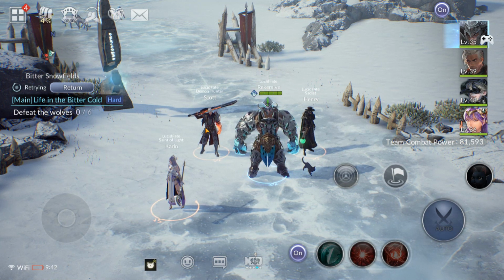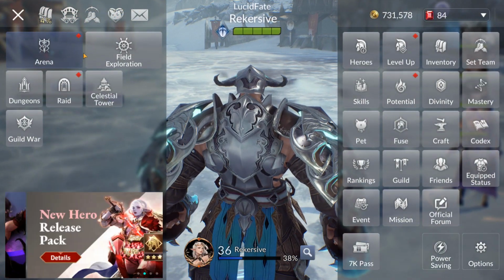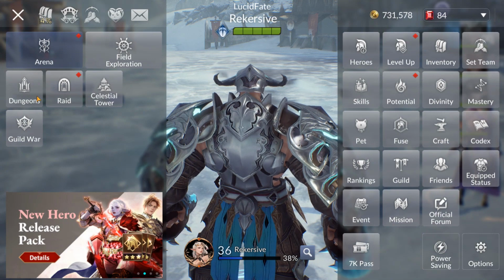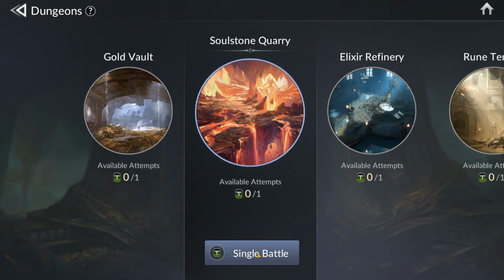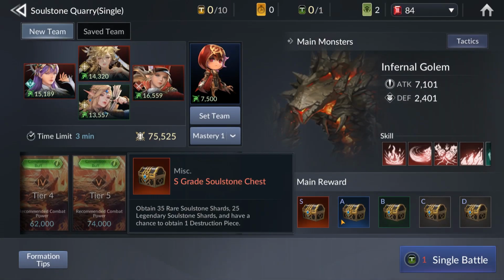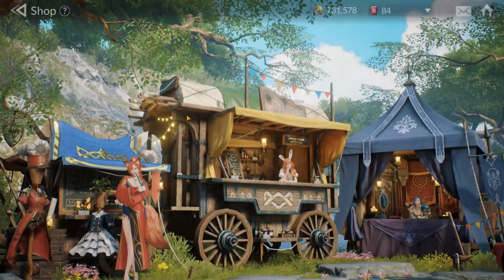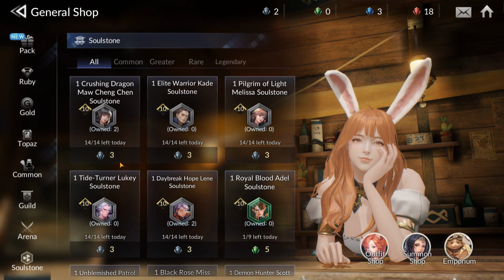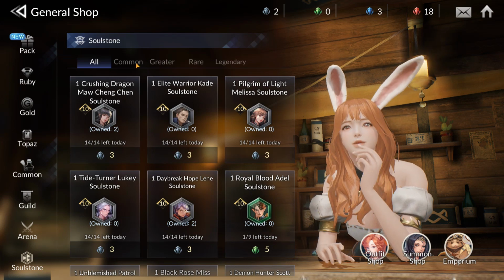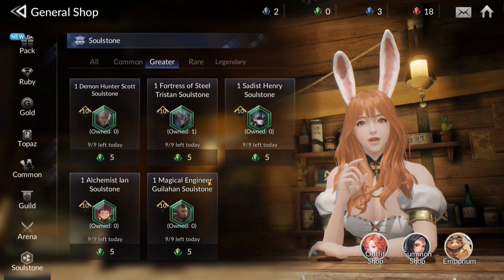First, let me show you something interesting to get this video started. This game is arguably free-to-play friendly because of this system I'm going to show you right now. If you go to the Soulstone Quarry and you get some soulstones, and then you go to this shop, the general shop, down into the soulstone section, you can purchase soulstone shards of the heroes that you already have copies of. However, if you look at the numbers,